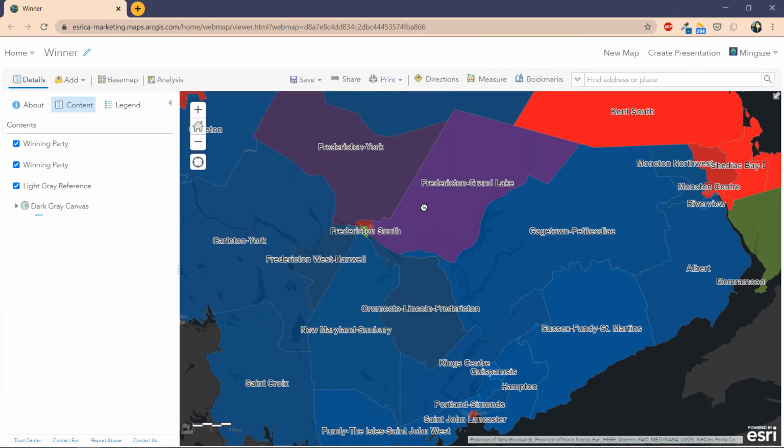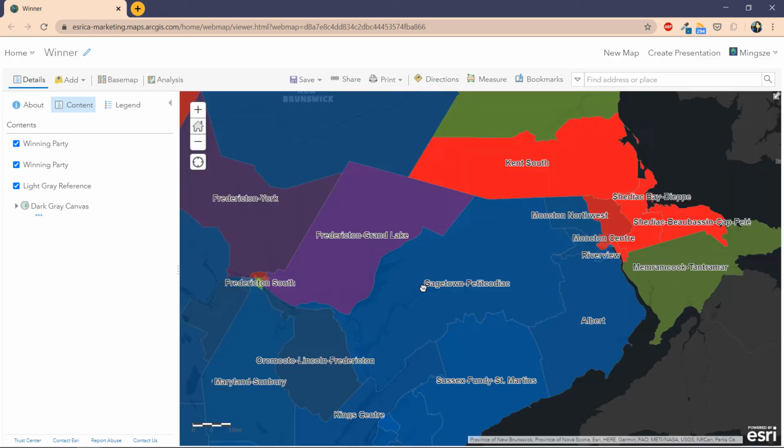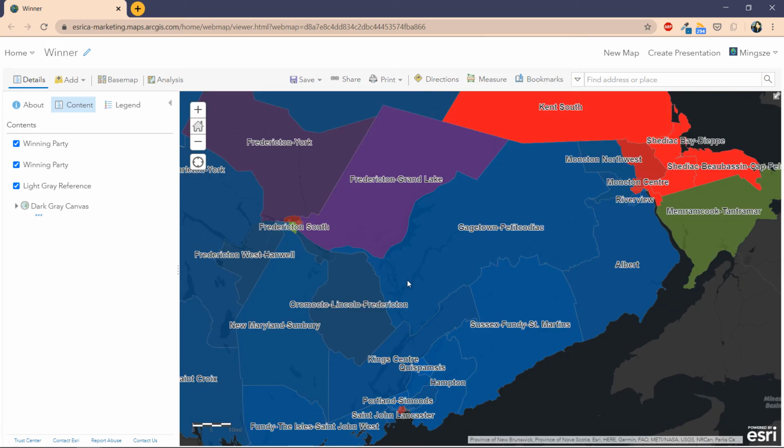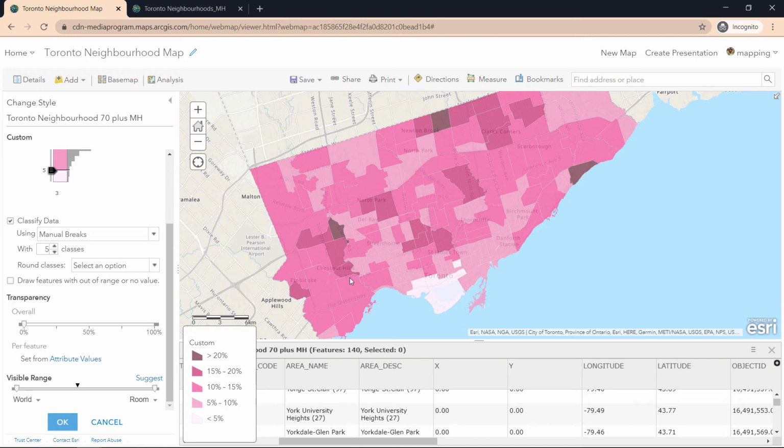So the less transparent a polygon is, the more they won, or the more votes they won over the runner-up, whereas the more transparent means that they won this riding by a close margin. So those are some ways to use transparency based on an attribute. In our case, we'll just make it overall less transparent. So we'll give it a